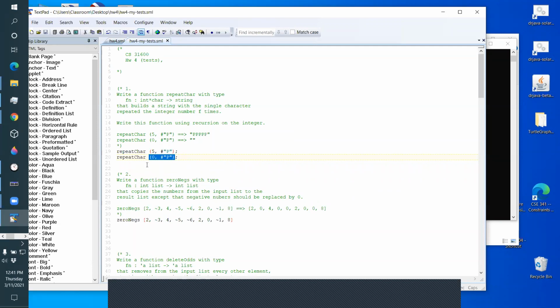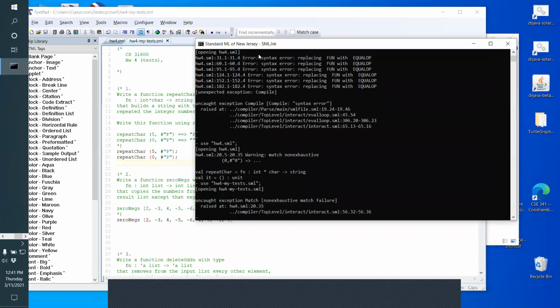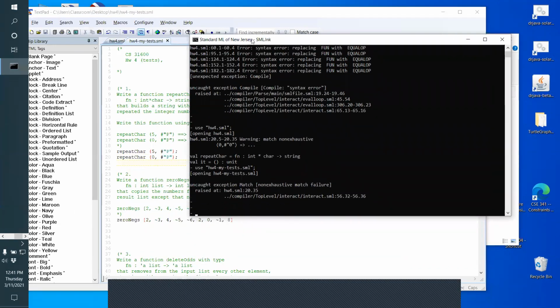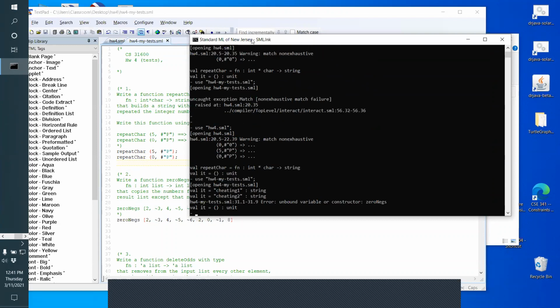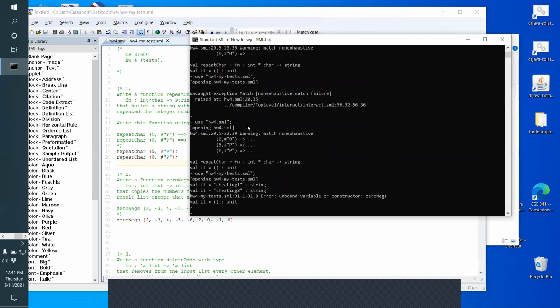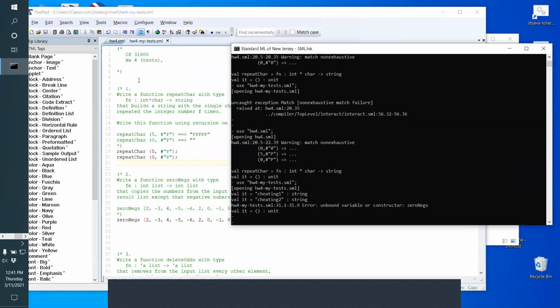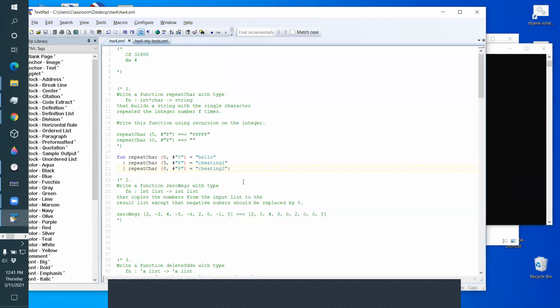There's my test. Go over here, reload the code. Now I'm using the up arrow and down arrow key. So I go back up. There's load my code, loaded without error, load my test. I got what I wanted out. See, I got the right cheating one, cheating two. After you've got a program working, now when you load this file, you find out